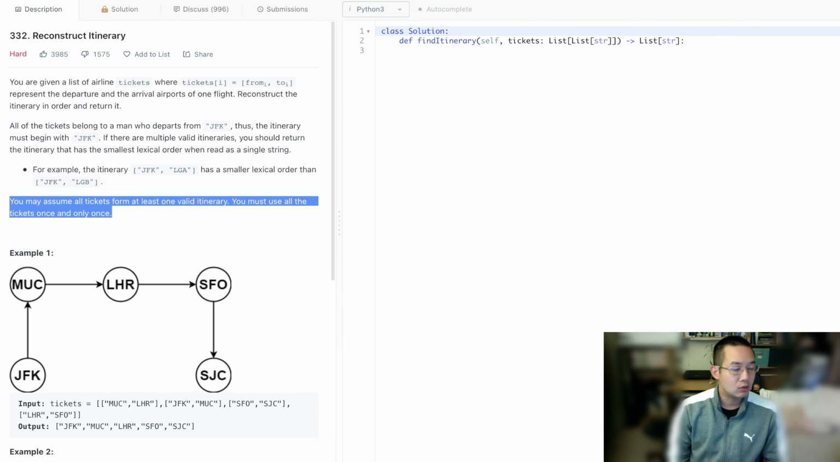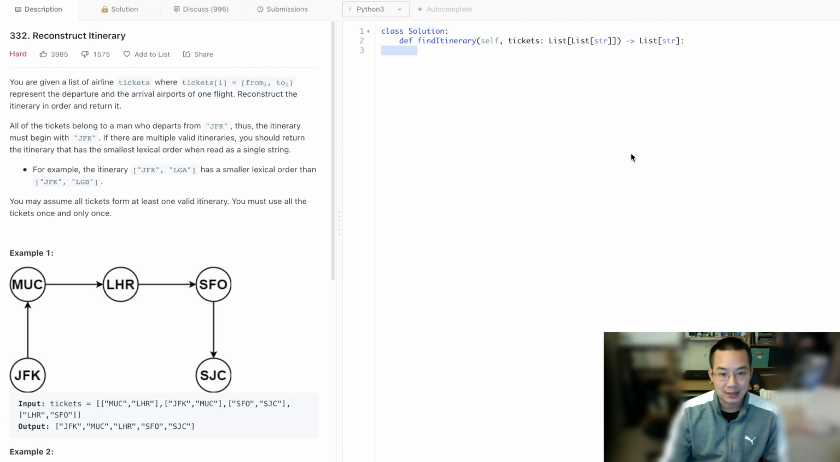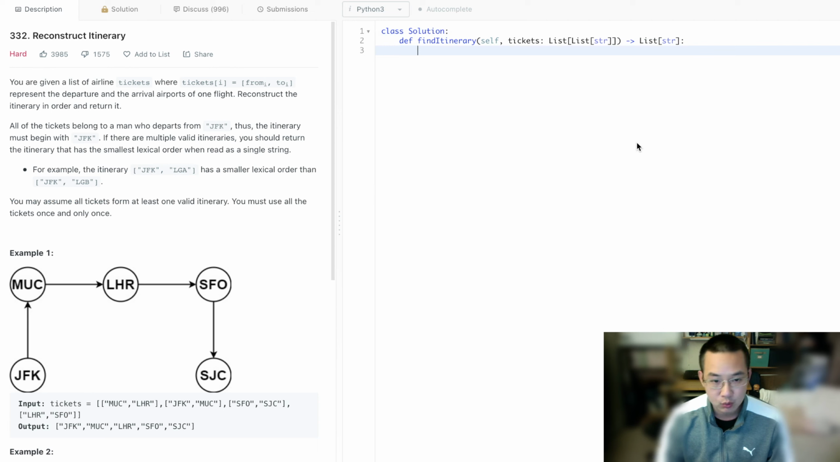so we just need to use up our tickets and figure out the way we can use them up in the smallest lexical order, which means that if we have JFK, LGA comes before LGB. What does that mean? So suppose we have A, B, and then C. We want to go to B and then go back to A